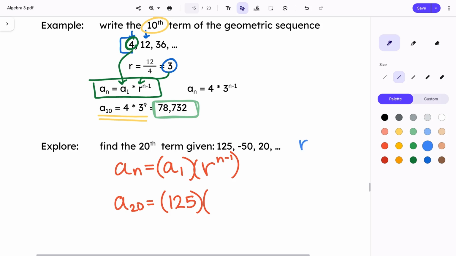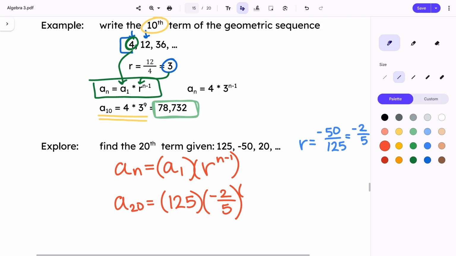It would be negative 50 over 125. Yep. Which reduces to what? Use your calculator if you need to. 1 over... I don't think negative 1. I don't think 50 can go into 125. What'd you say, Elisha? 2/5. So negative 2/5 would be my common ratio. So over here, negative 2/5